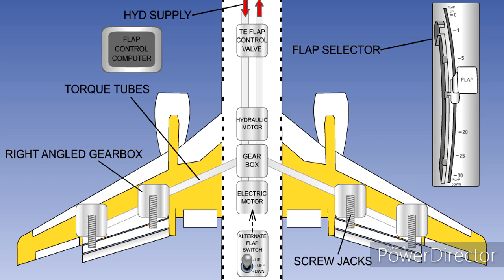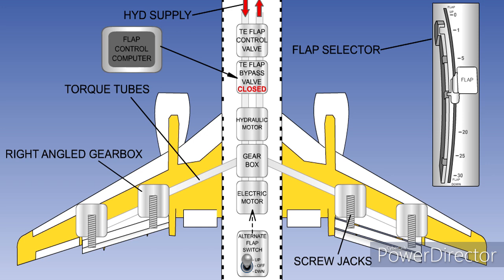The system is monitored and controlled by a control computer. This computer looks after trailing and leading edge flap sequencing, as well as monitoring the system for malfunctions. If the flaps operate asymmetrically, and by that we mean the flaps on one side move out further than the other,